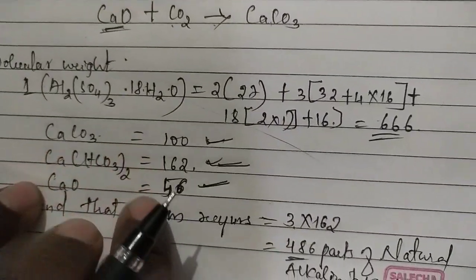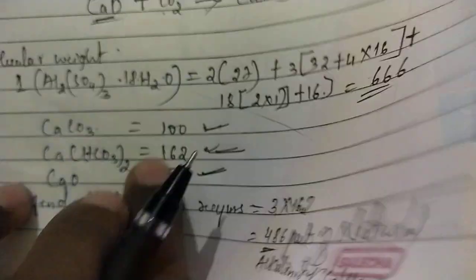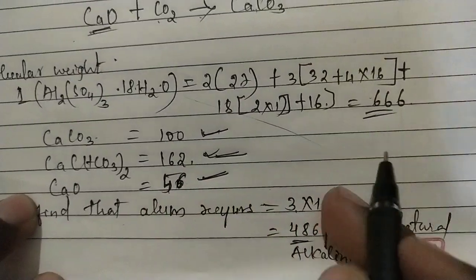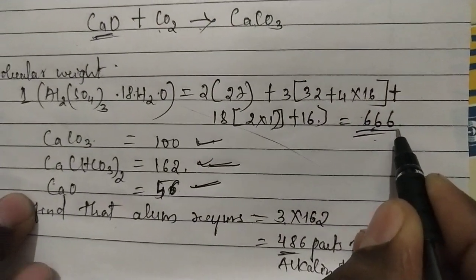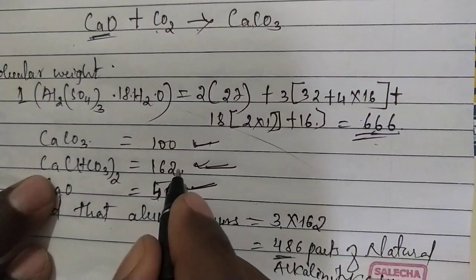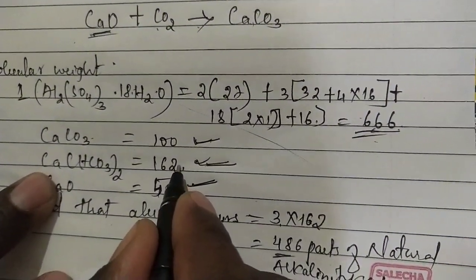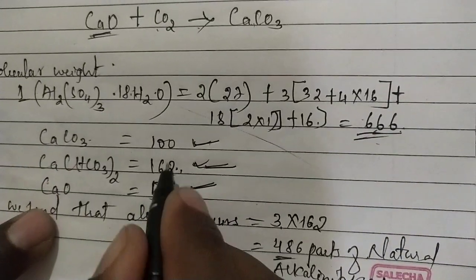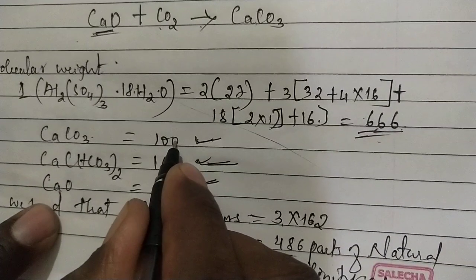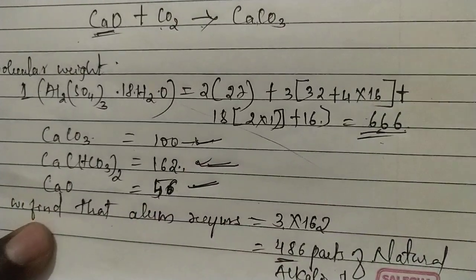By seeing these molecular weights, we can say that for every 666 parts of alum, 162 parts of natural alkalinity is equivalent to 100 parts of alkalinity, right? So for that reason, hence we require